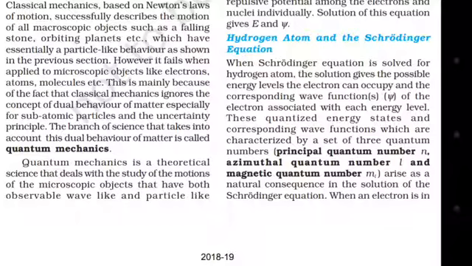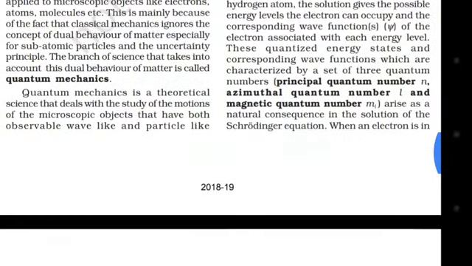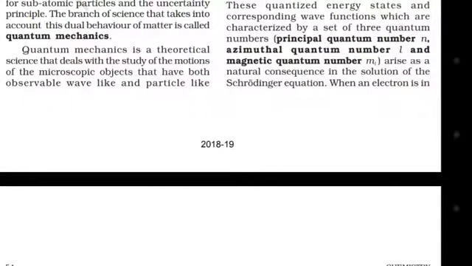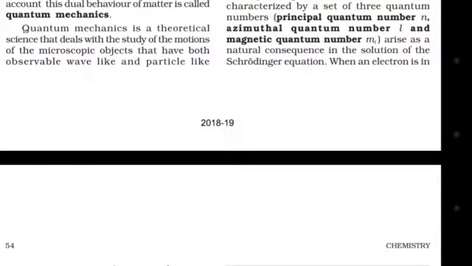Repeat it again. Atom and the Schrodinger equation. When the Schrodinger equation is solved for the hydrogen atom, the solution gives the possible energy levels the electron can occupy and the corresponding wave functions psi of the electron associated with each energy level. These quantized energy states and the corresponding wave functions, which are characterized by a set of three quantum numbers, principal quantum number n, azimuthal quantum number l, and magnetic quantum number ml, arise as a natural consequence